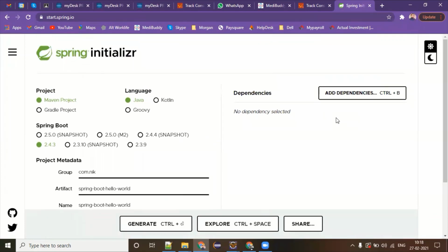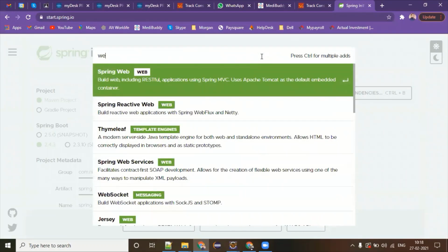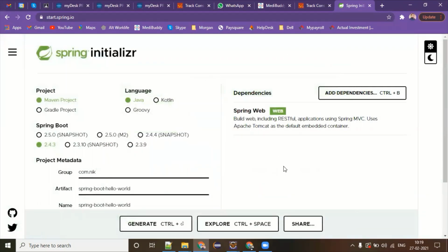And here is another section called dependencies. Spring Boot is smart enough, as I told you, it is not looking for a version. You don't need to be very careful while putting in any external library. Whatever dependencies you are looking for your web application or your Spring Boot application, it's highly recommended to try searching here itself. If you click on add a dependency, it will ask you what dependencies you need. So Spring Web is definitely required. This is one of the mandatory ones.